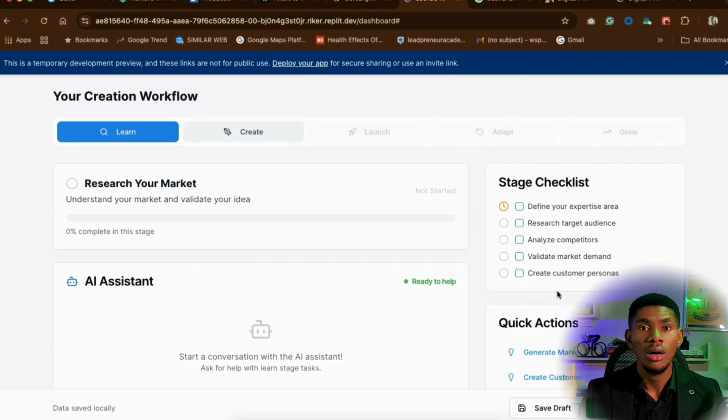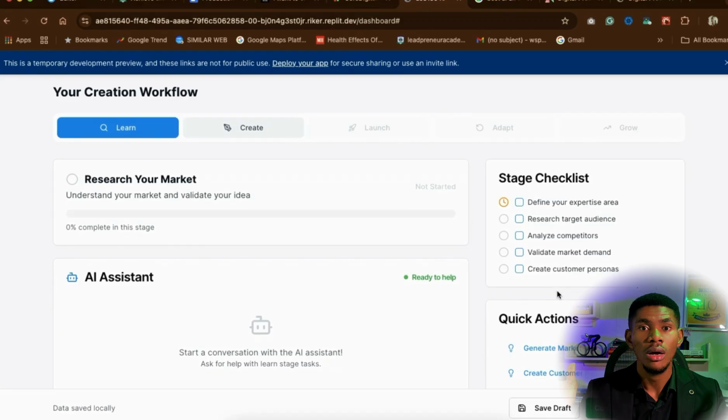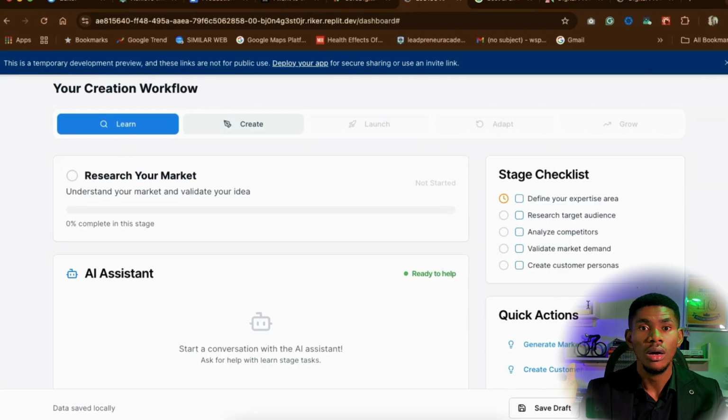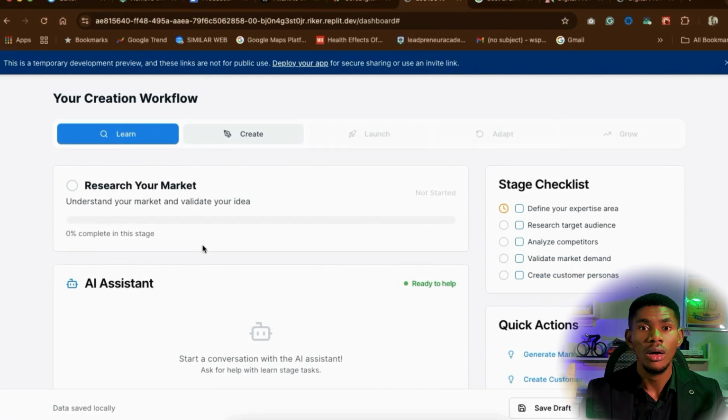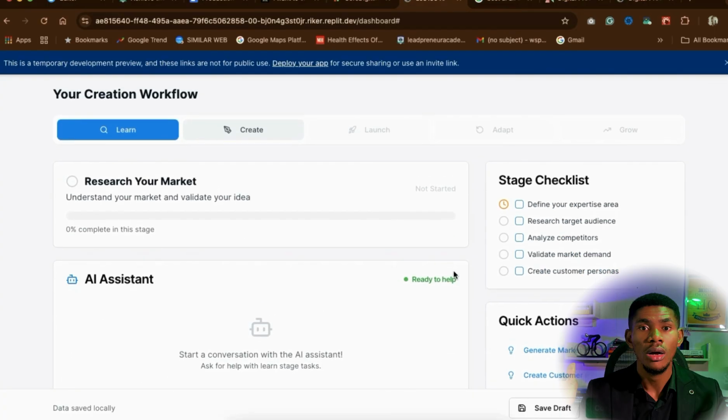At this point, we already understand the people we are going to be serving, the audience, and the people who are already in the market doing what you are doing. So our goal in this first learning stage is to have done all these things. And the AI is going to guide you through every step with suggestions. The one you don't like, you can literally use the AI and search and say, no, I don't like this, I don't like that. The AI is going to work with everything that is on the screen here